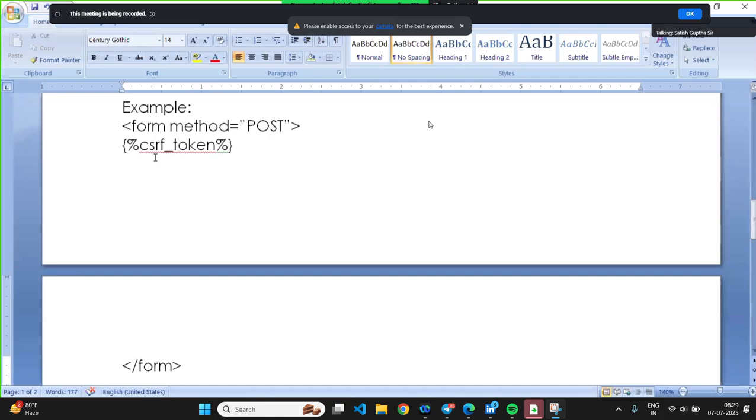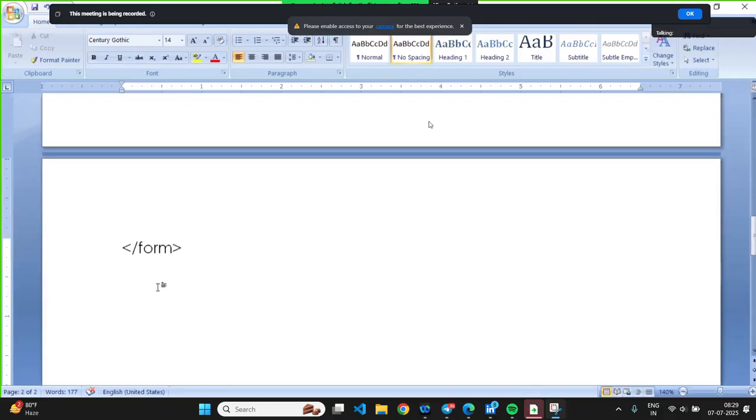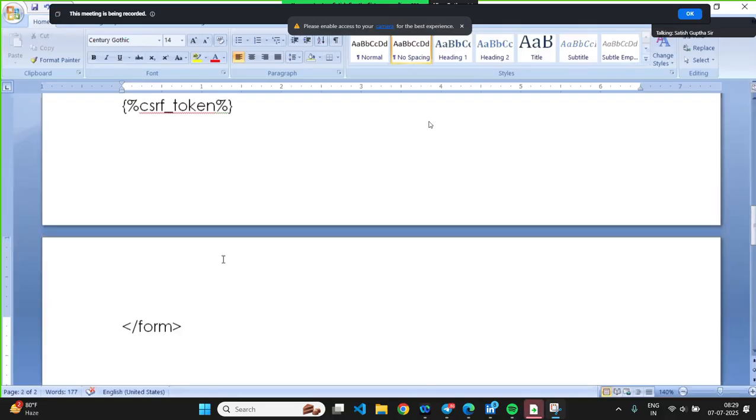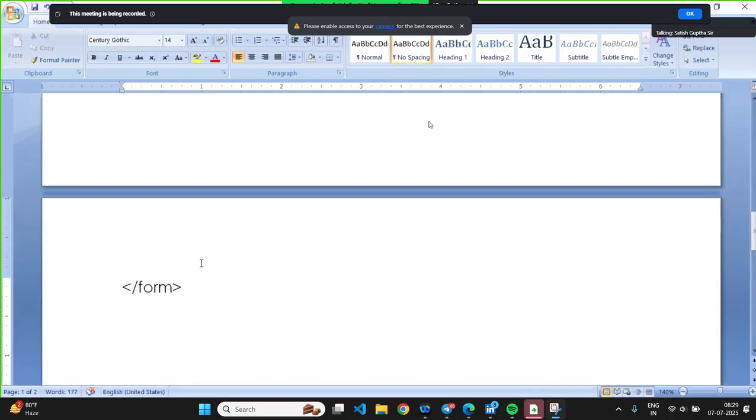CSRF means sometimes you'll get some links where you open the link and you submit the username and password. So is that request a correct request or a wrong request? Wrong request. That is when you are moving from one website toward another website. Right? Yes. Then next, let me